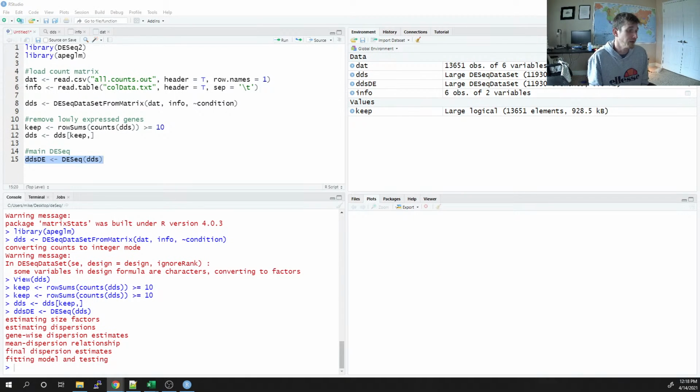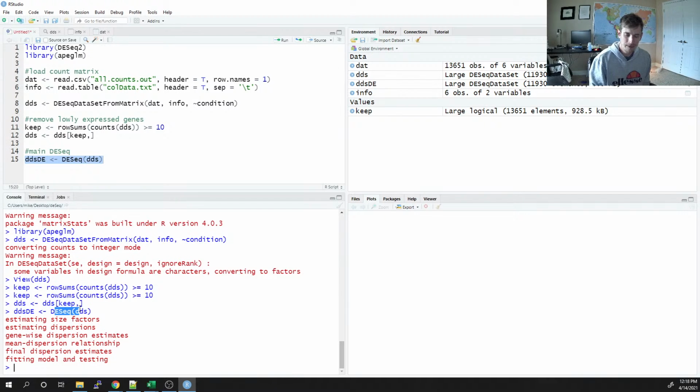Well, those read counts are different, right? Because we have to normalize for the actual size of the library, the total number of reads that actually mapped to our library. We have to take into consideration library size. And so this DESeq function goes ahead and does that based on a normalization technique that